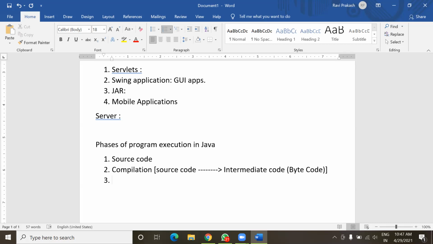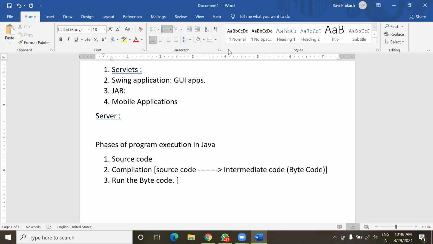After successful compilation, means this source code is free from errors, then we get this bytecode. And then we actually run this bytecode. So during execution of bytecode, what happened? Just look here.